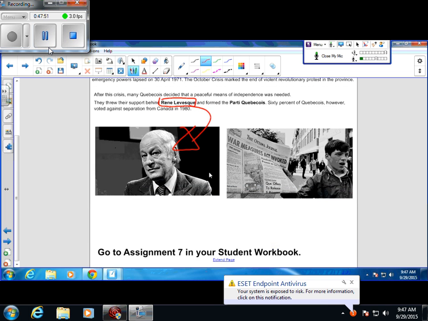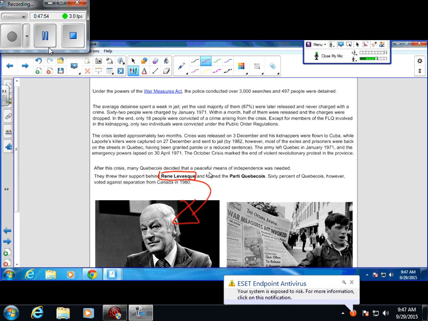Afterwards there was a huge referendum vote where people voted whether Quebec should remain a part of Canada or be separated from Canada and be its own distinct society or nation. The vote came out that most people said no, Quebec should not be its own distinct society and should not be separated from Canada. So that was the Quiet Revolution period.